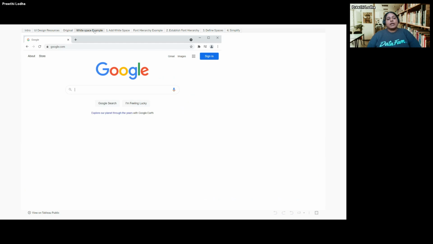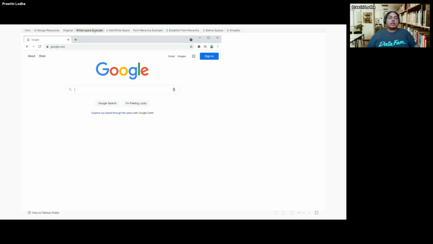My example for white space is the Google search engine. Whenever you put in google.com, this is the screen it comes up with, right? The insistence on this screen is simply that search bar, and that's it. It is pretty straightforward: if you want to search something, put your question in here and hit the search button, and it will show up whatever you want. This is the use of white space. It's narrowing down your focus on certain areas that are important.